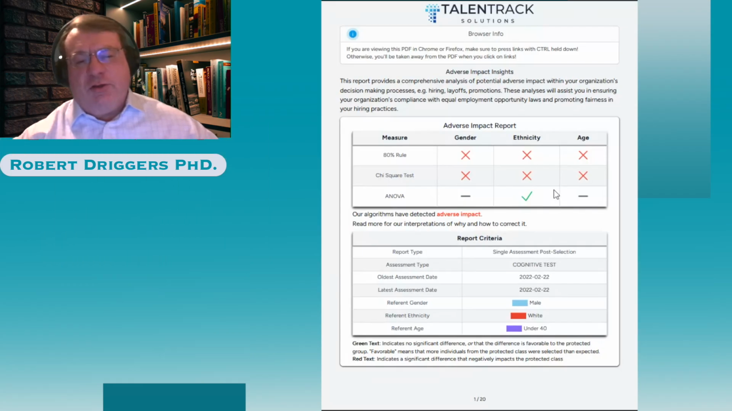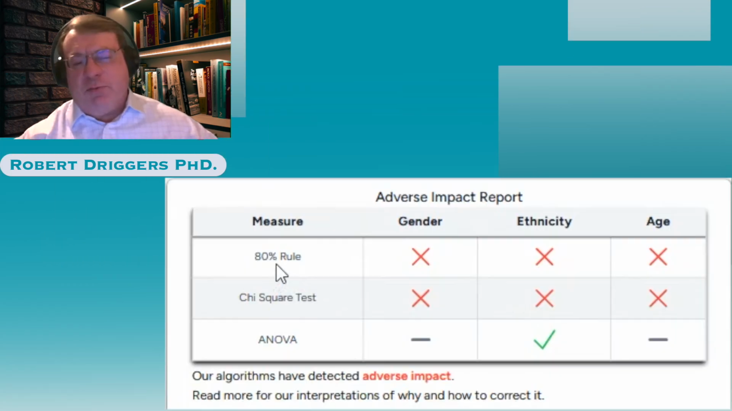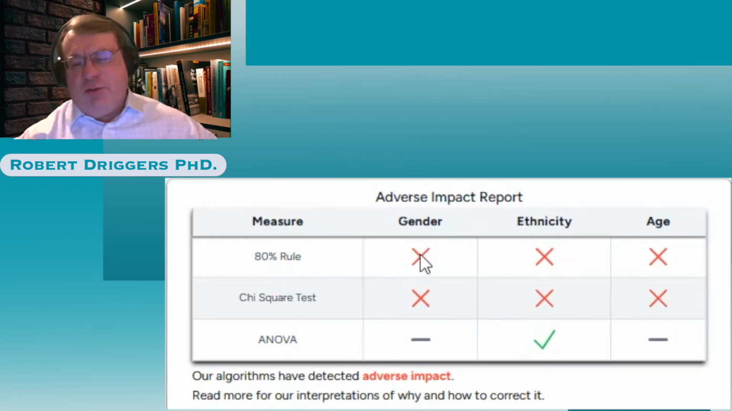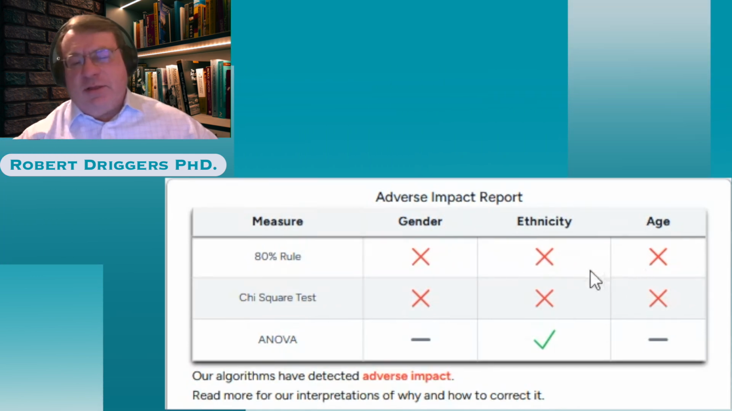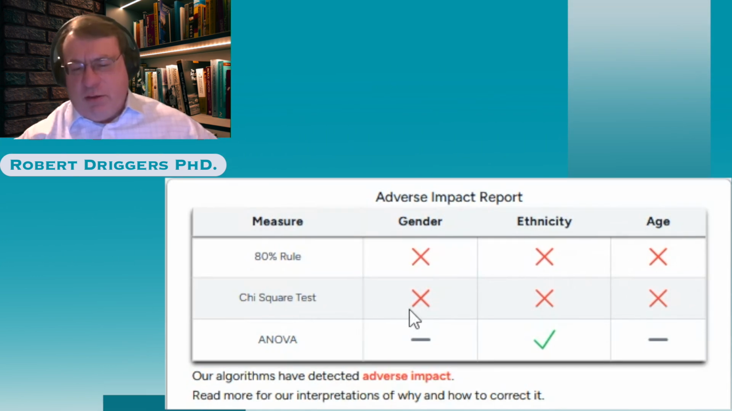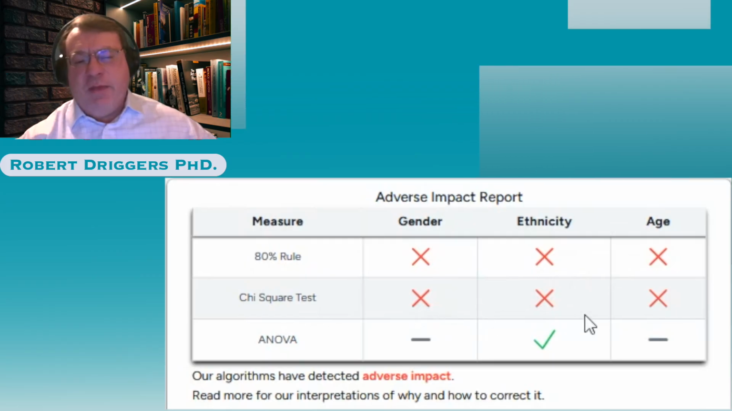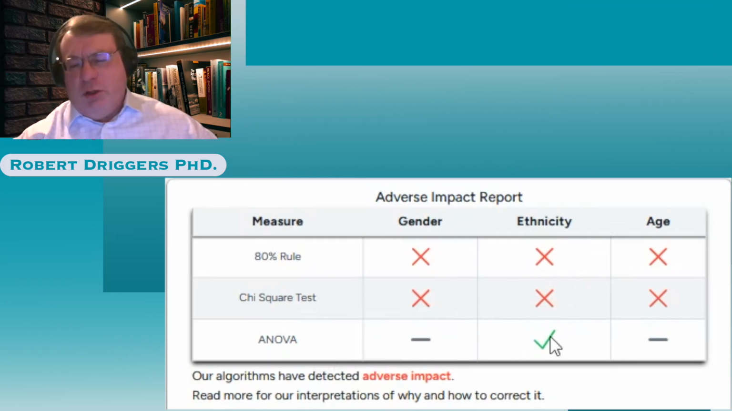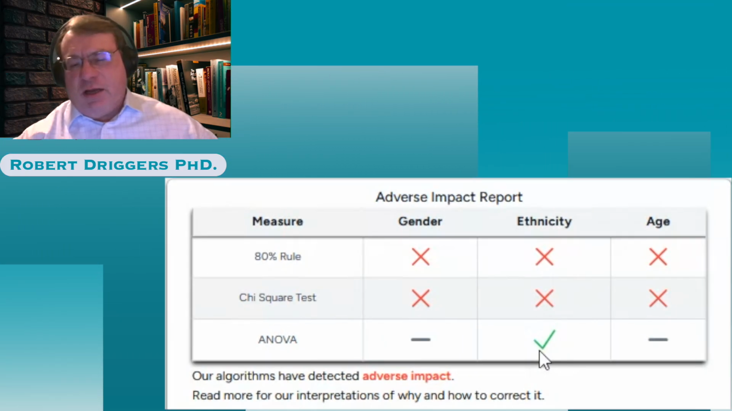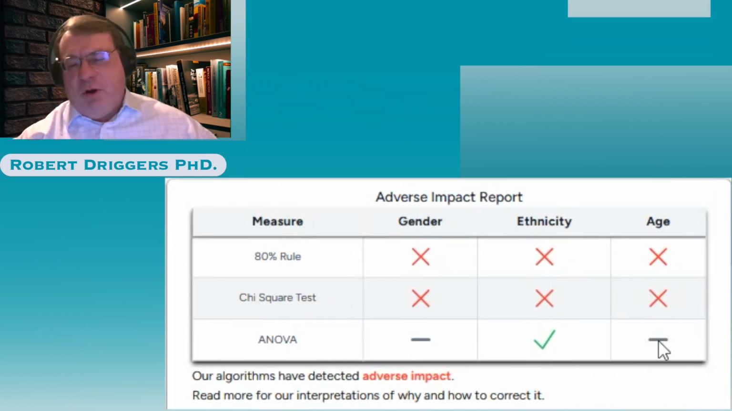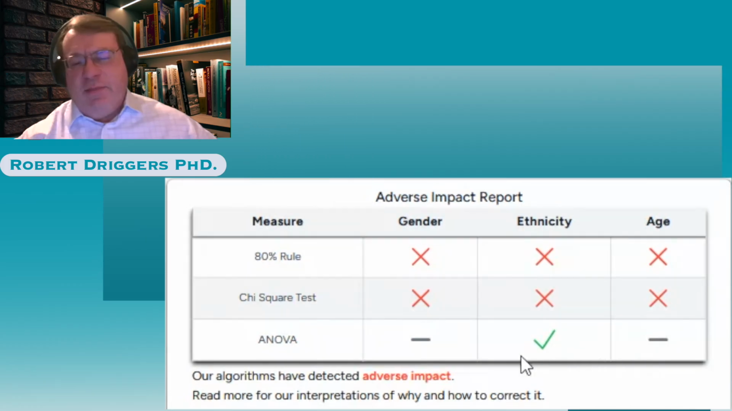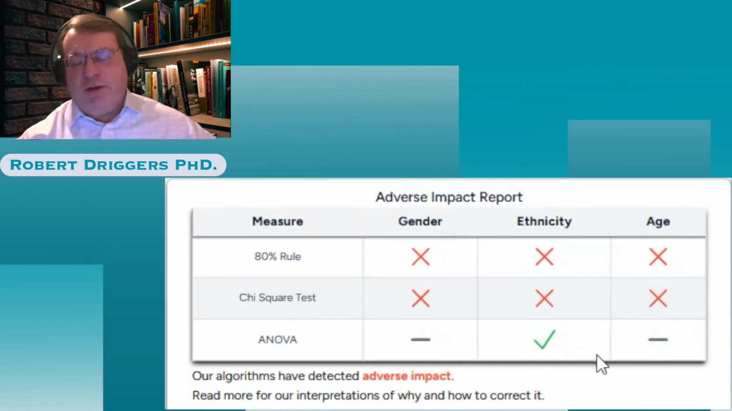report. As you can see in this report, the 80% rule shows violations with the red X's for gender, ethnicity, and age. The chi-square test, which we'll talk about soon, shows the same pattern. And then the ANOVA, which is only used for ethnicity, it's got a green check, so it's not indicating any sort of adverse impact. The flat bars you see indicate that the test is not used for that particular set